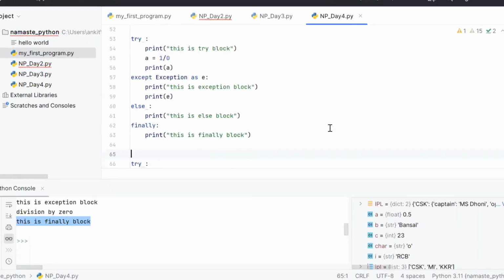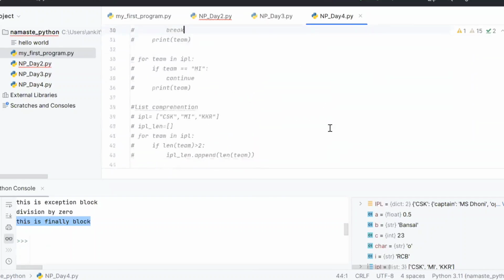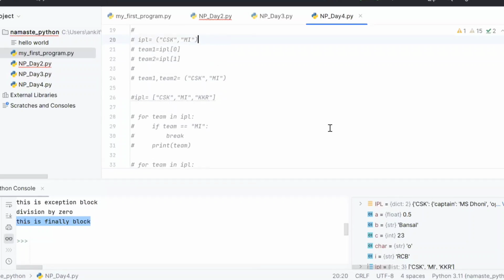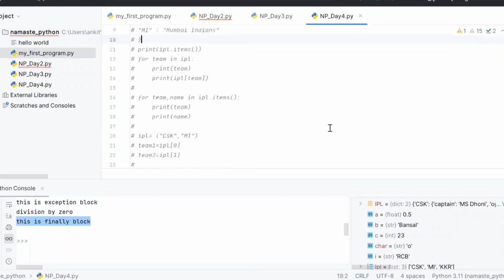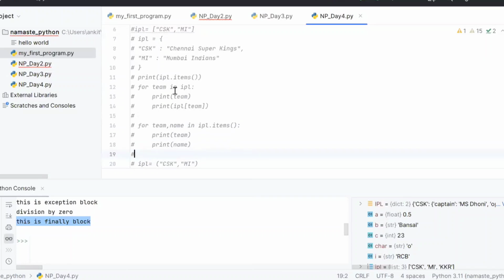Ankit, even I have a doubt in the dictionary for loop. As he was asking before, even if we have one key and different values for that particular key, for example name, date of birth, then how are we going to take it with that same variable name? Like here you put the team name in IPL dot items, line number 16. So print team and then name. What if we have the date of birth also in that?